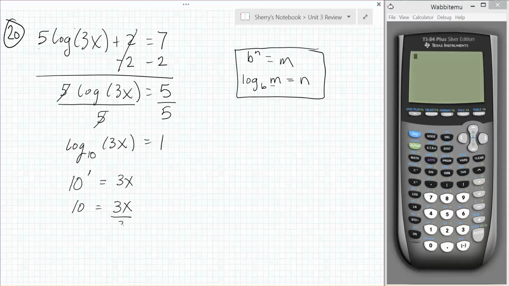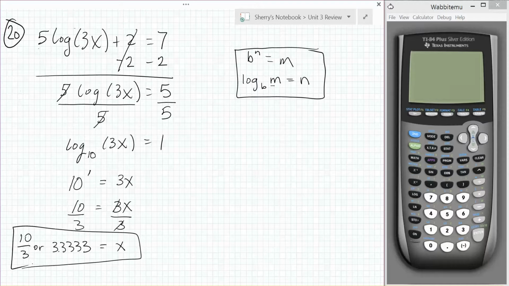It's being multiplied, so we divide each side by 3, and we get what my solution is for x in this problem. You can either write that as a fraction, 10/3, or you can write that as a decimal, which would be 3.3333 if you take it to 4 digits after the decimal. Either of those forms